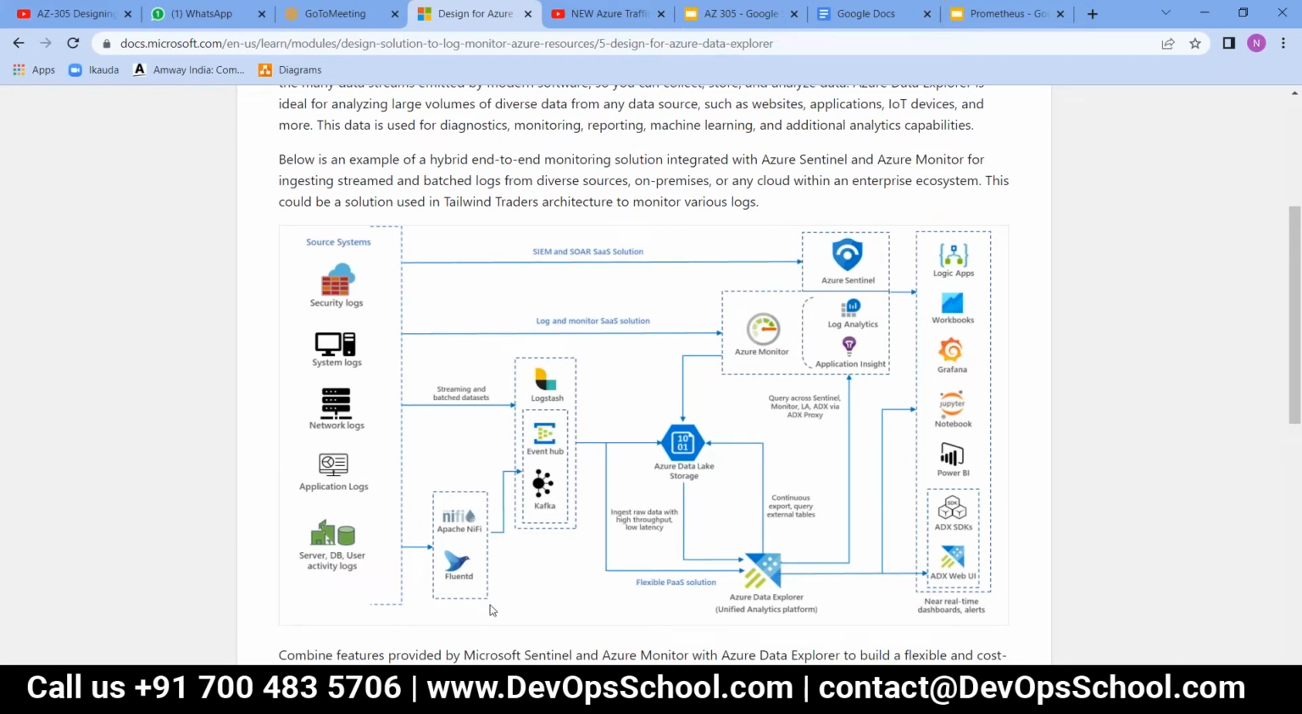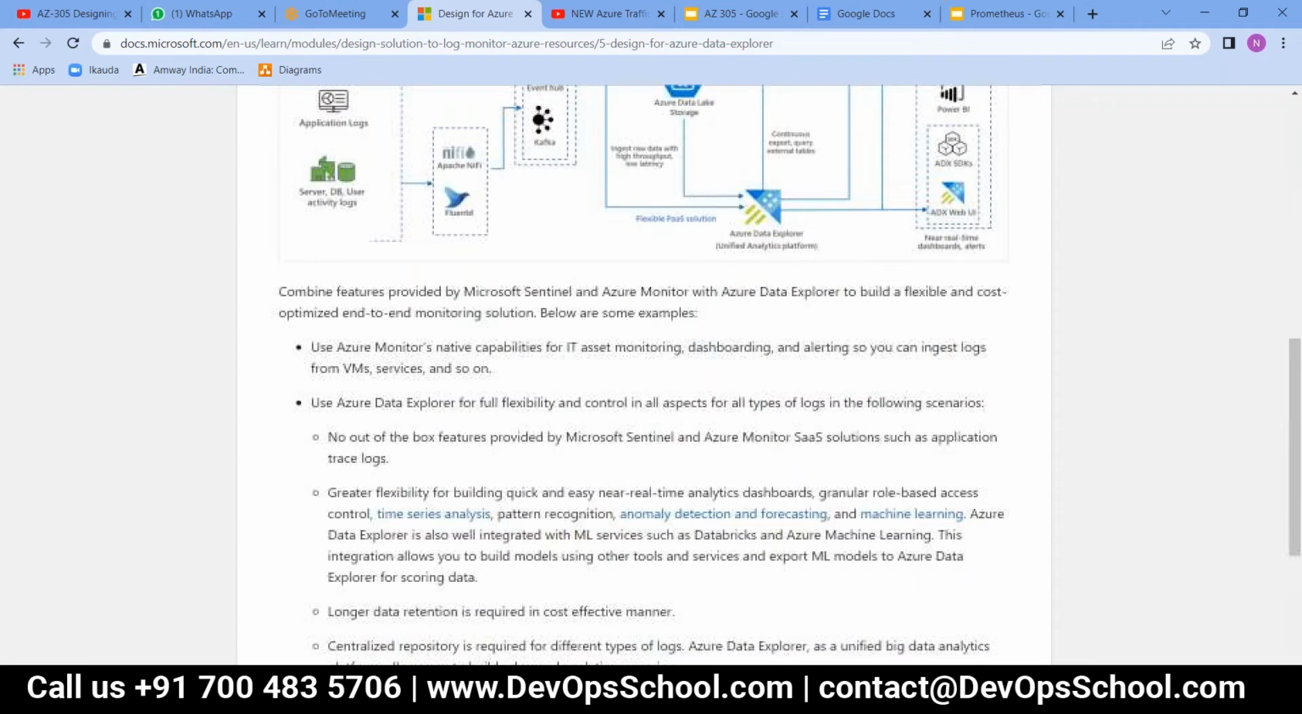And we have Logstash and all getting used, Kafka and all, and overall, in general, Data Explorer is used when your data size is huge. Okay,